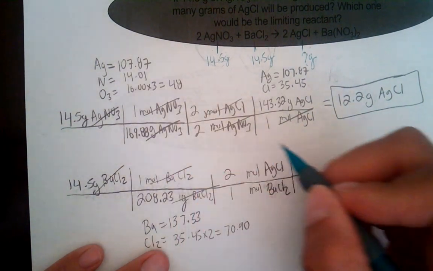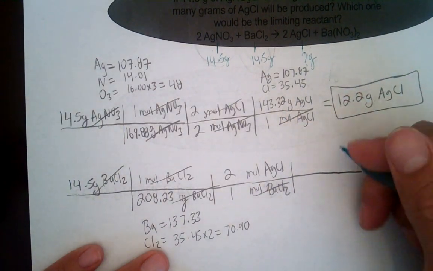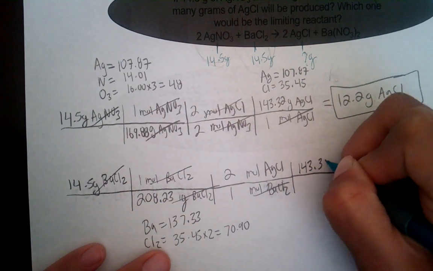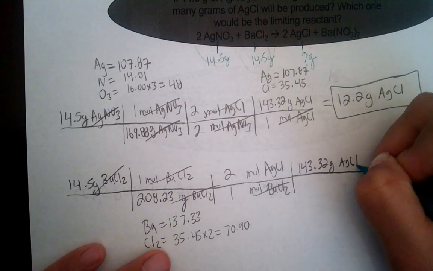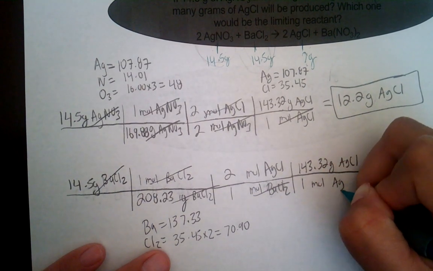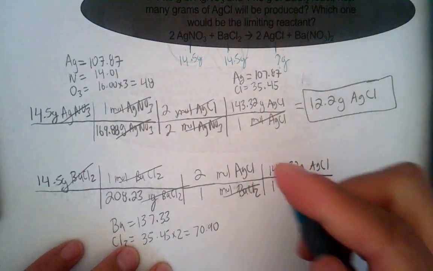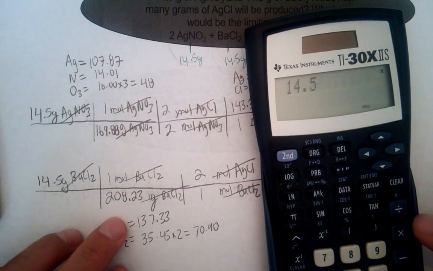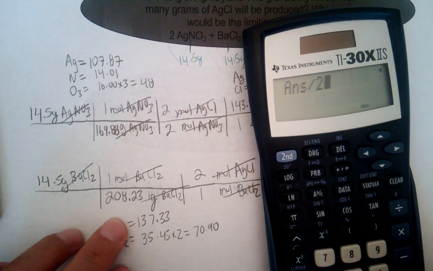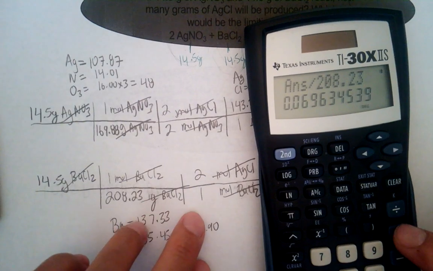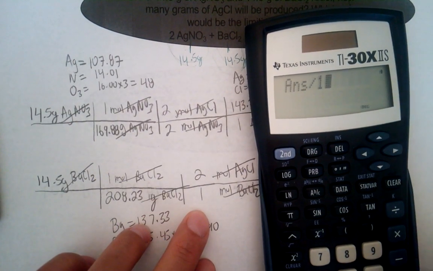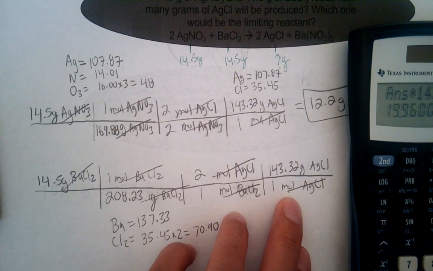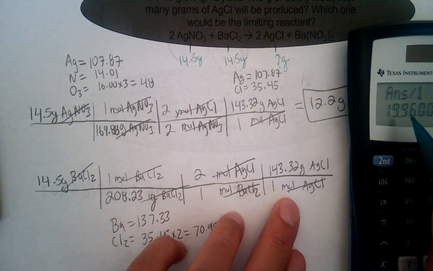Now, we got rid of moles of BaCl2, and this ending is going to be exactly the same here. There's really no new math that you need because it's still transferring to the same AgCl and over 1 mole of AgCl, so this still looks the same. And now we got rid of moles of AgCl, and now we can start here, okay? Now we start with 14.5 times 1 divided by 208.23 times 2 divided by 1 times 143.32 divided by 1. And as you can see, we make